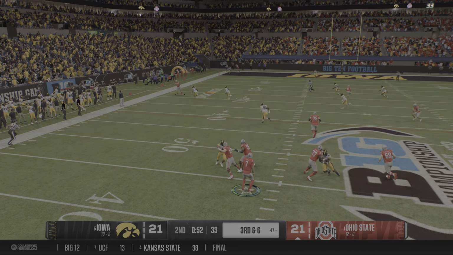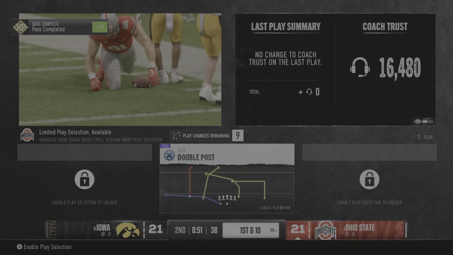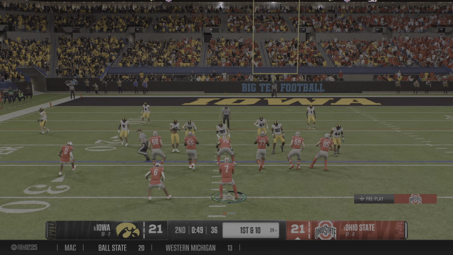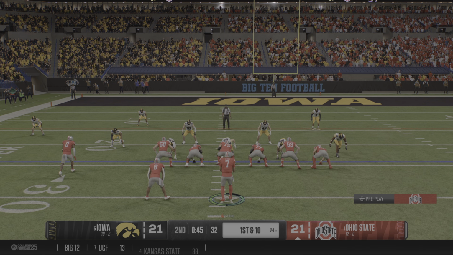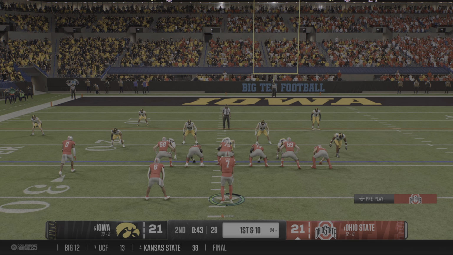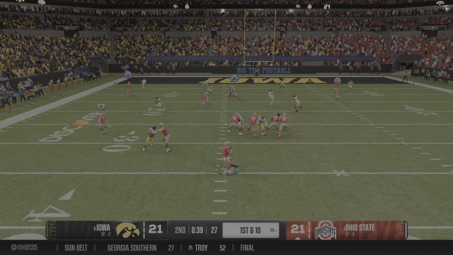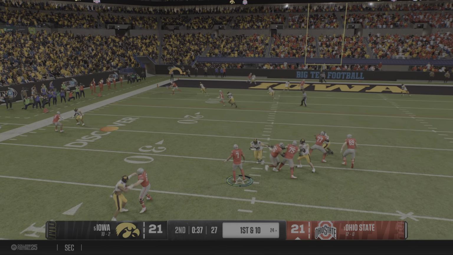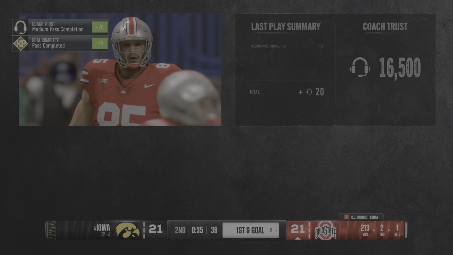Quick throw to the left. And he's got it. They bring him down, but an explosive play by this offense. Big gain. Buckeyes line up on first and 10 now. From the gun, he looks for an open man. Quick throw to the left side, and he pulls in the catch. Forced out of bounds after a nice gain.